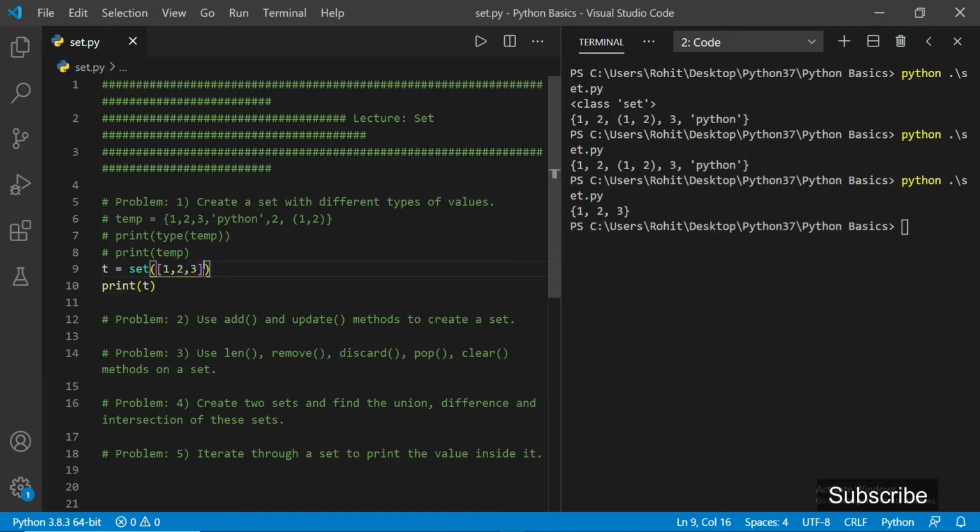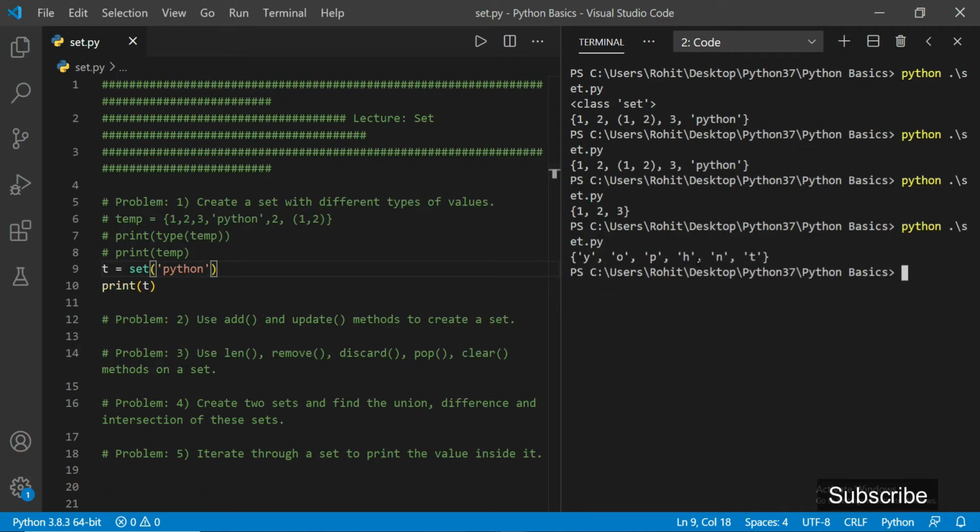We can also provide a string here. Suppose I provide Python, then it will store Python by breaking the string, that is, it will store single characters inside t. As you can see, we have got these single characters and they are in random order.